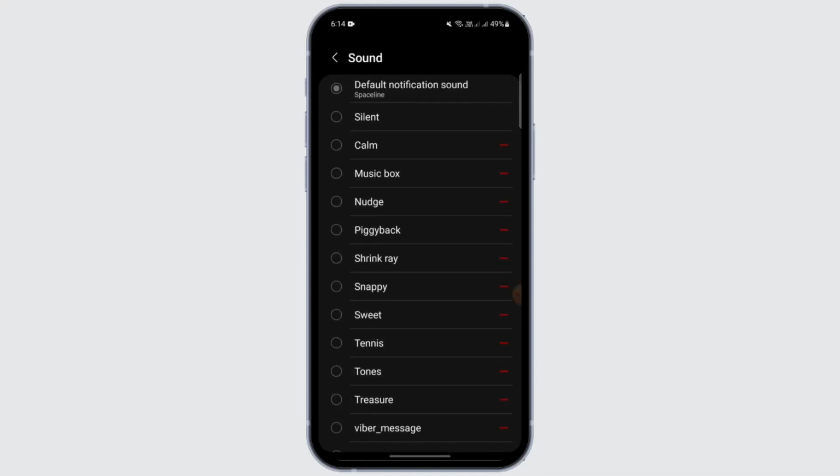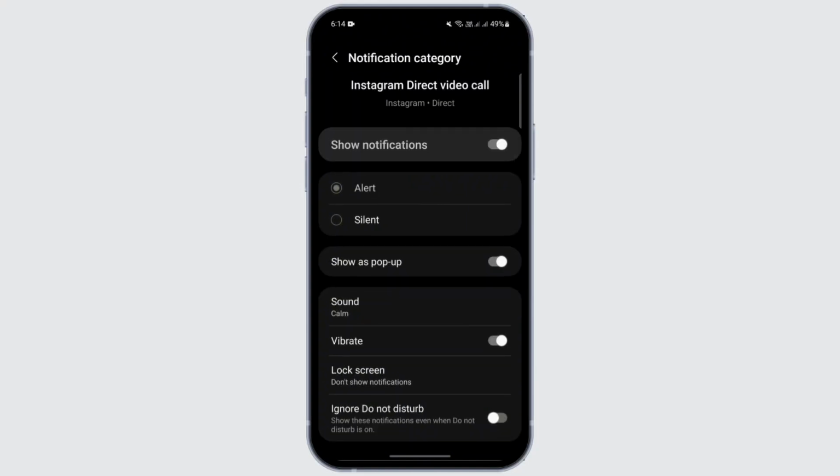Let's say I'm gonna choose this. And it's done. And you also have the option of vibrate. You may just turn it on just in case. So in that way, you can change your Instagram call ringtone in your phone in